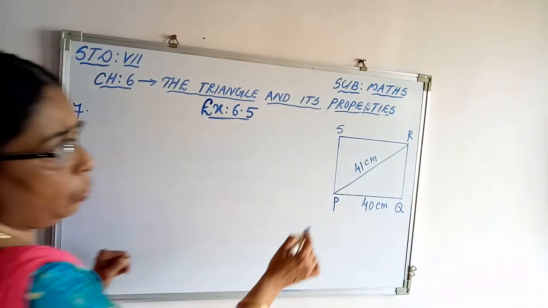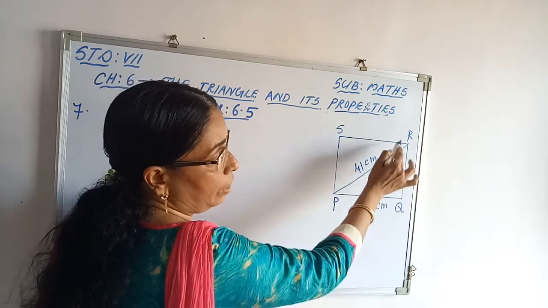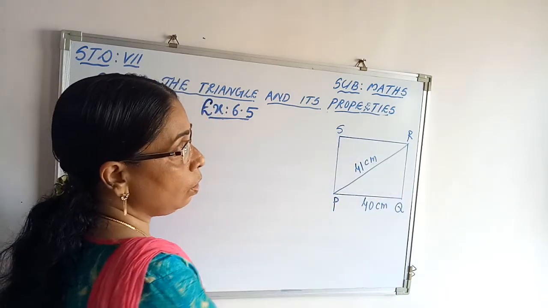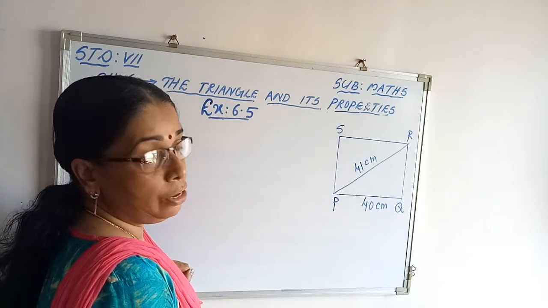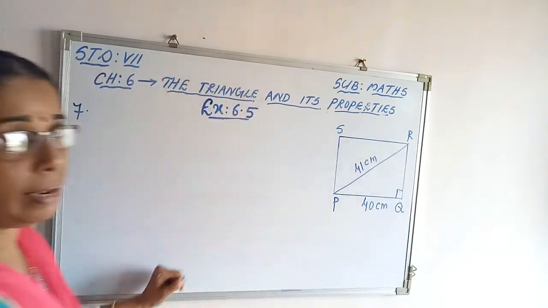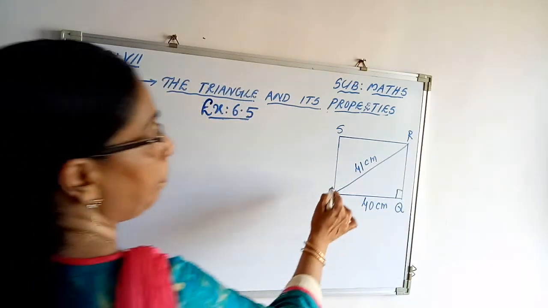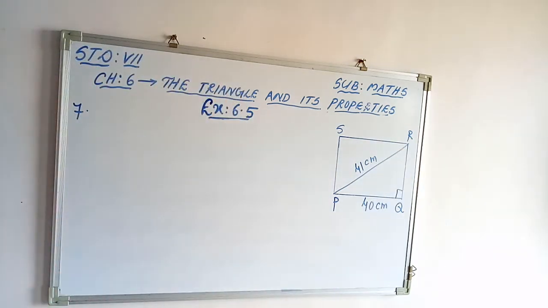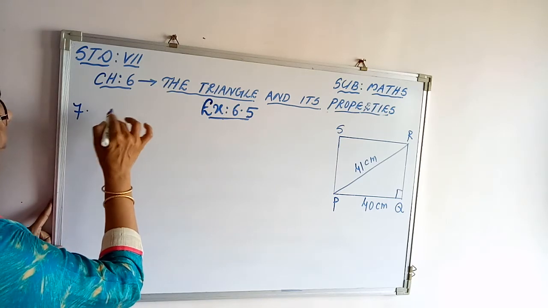Now see, when you draw this diagonal, we get a right angled triangle, because you know that in a rectangle each angle measures 90 degree. So this is 90 degree. So the triangle PQR is a right angled triangle in which PR is the hypotenuse. So how will you write in your book? PQRS is a rectangle, then PR is the diagonal. Therefore, triangle PQR is a right angle triangle. Then by using Pythagoras property,